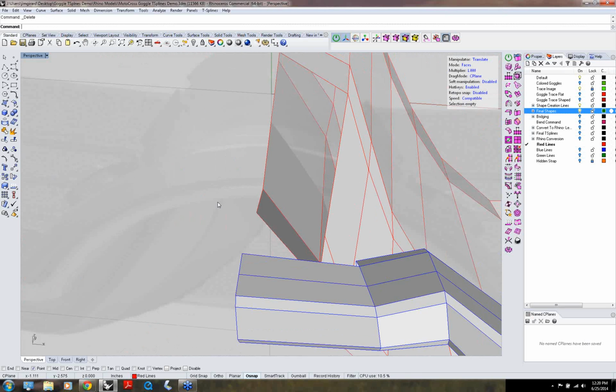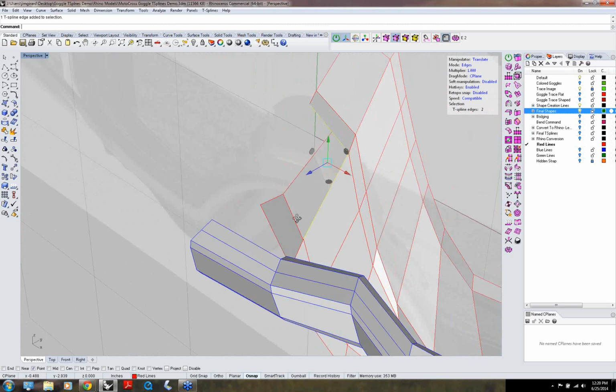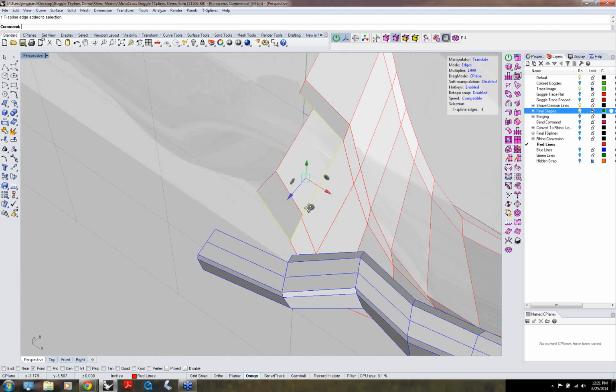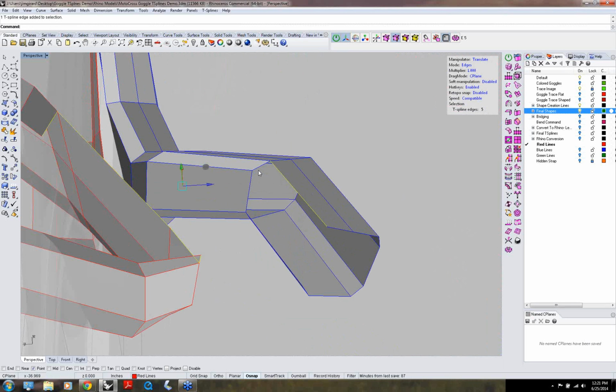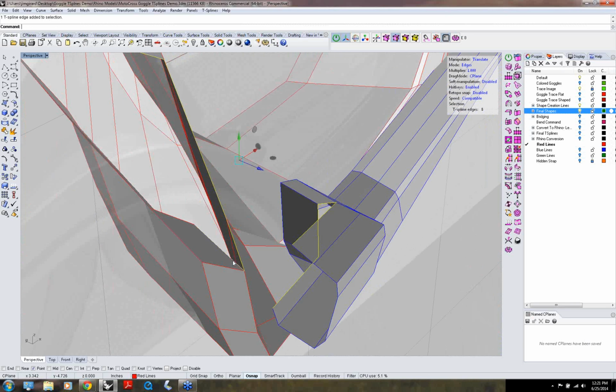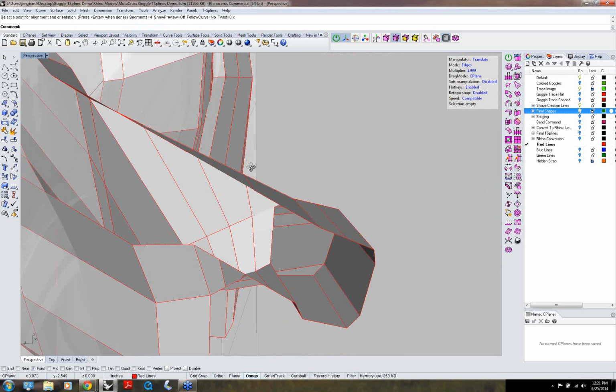And now what I'm going to do is called a bridge. And I pick my edges, and I pick one, and holding the shift key, I multiple select. And if you look up in the heads-up display, I have 4 edges. And now I just have to pick 4 corresponding edges. So I pick this edge, this edge, this edge, and this edge. Sorry about that. Best laid plans. So then I'll bridge that, and I'll give it 4 segments. And now I've bridged that